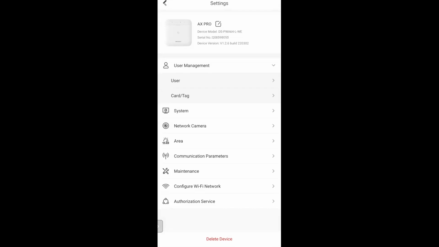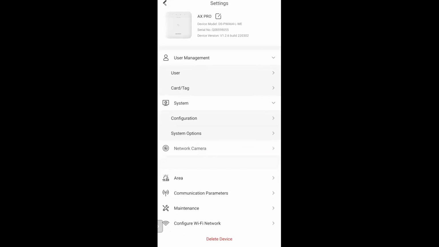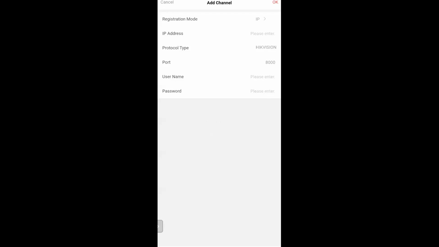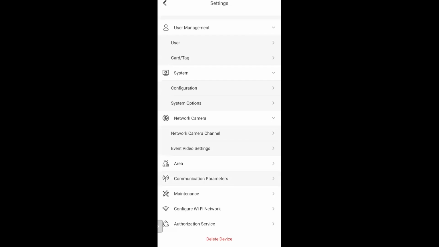So in our presentation, we mentioned, Tarun, that we are able to link network cameras, also send SMS and do certain configurations. So all the configurations can be handled through this settings page, right? Yes, correct. We can check the network camera channel. We can add the camera for viewing. We can add an IP camera. It can be an ONVIF camera, and also we can set up area settings and also communication